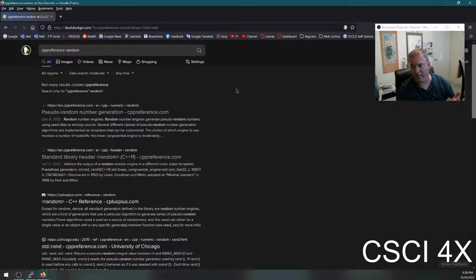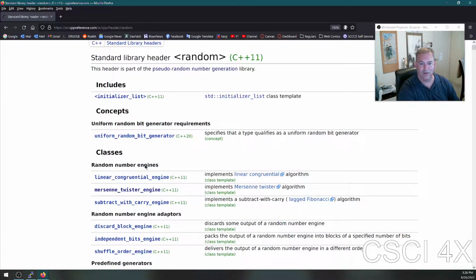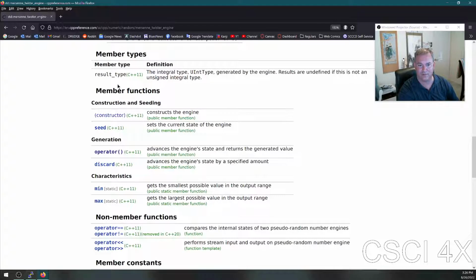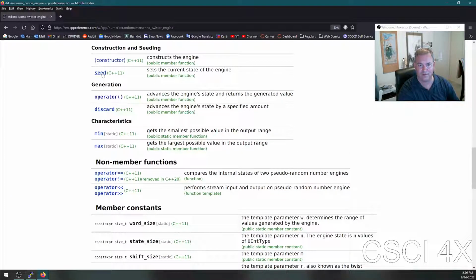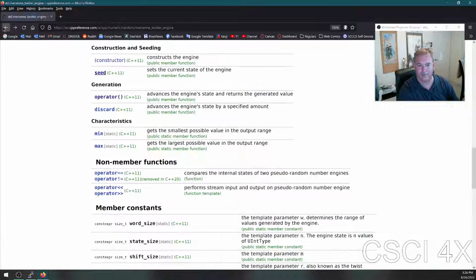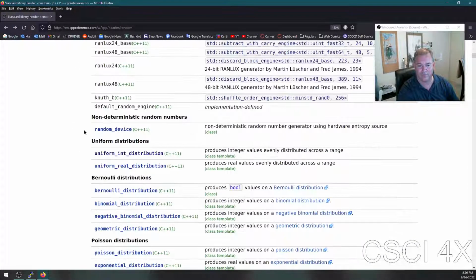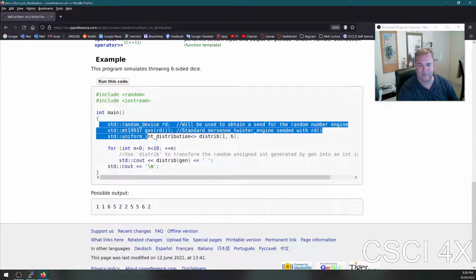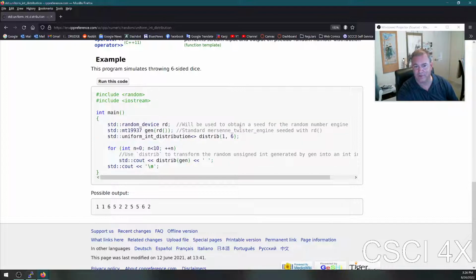So there is a replacement random number generator library named random. Let's try this. We're going to need uniform int distribution. Okay. So this is the code to generate a random number from 1 to 6 using modern C++. So you include random. You make a random device. You make a